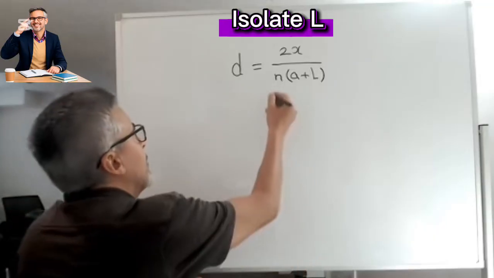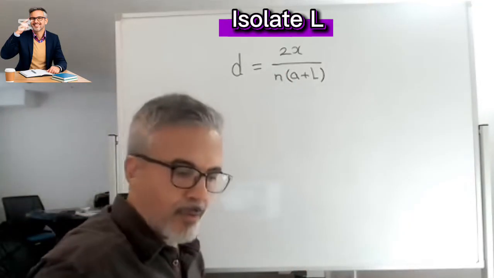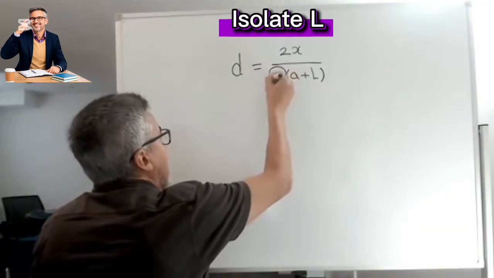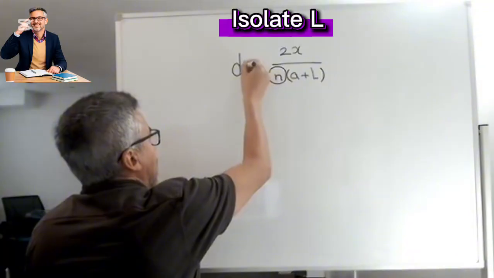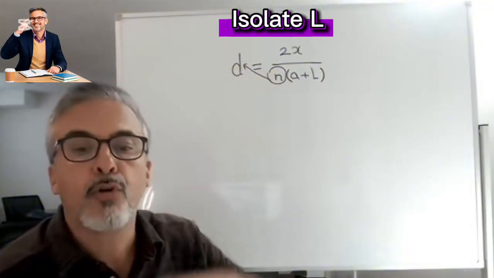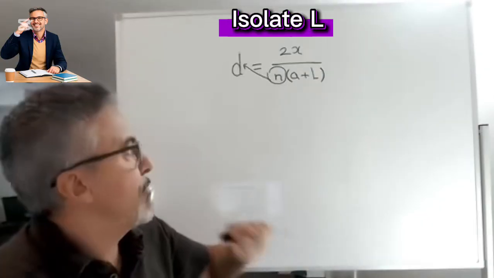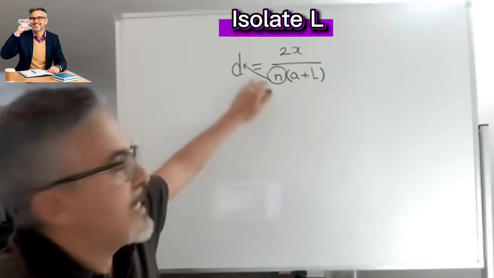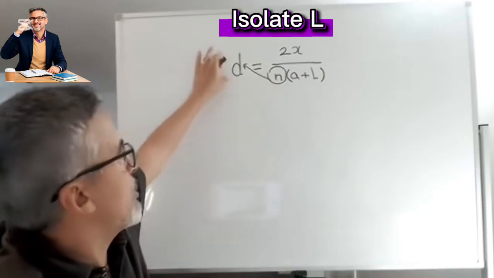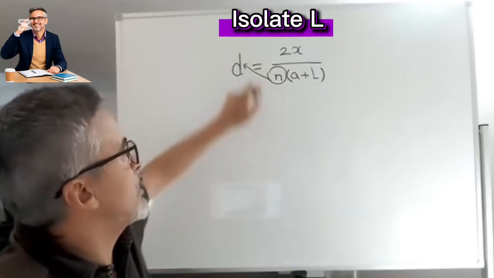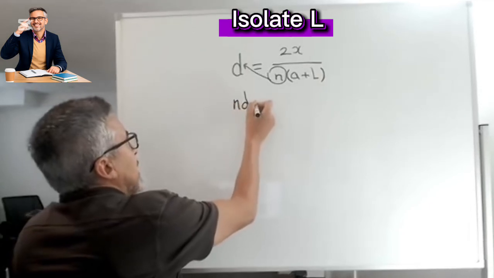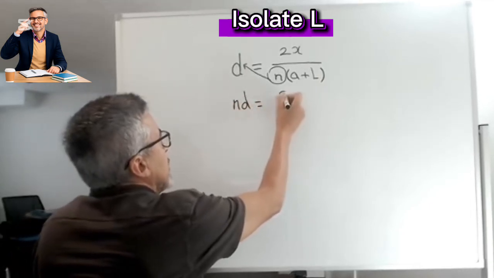It means here, the first thing I'm gonna do, let me get my pen. I'm gonna take this n right here and I'm gonna cross multiply it to the d. Remember, I said anything on the bottom of a fraction, you could cross it to the top. If it crosses the equal sign, it has to cross to the top. And remember, this d is over 1, so that's why we call d the top. So n crosses to the d, and I'm going to have n d equals 2x